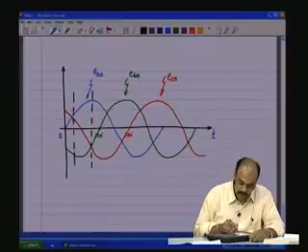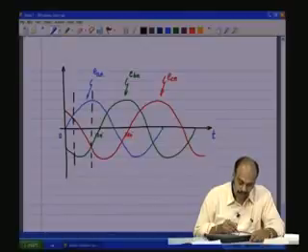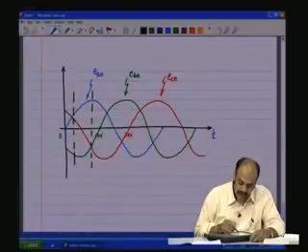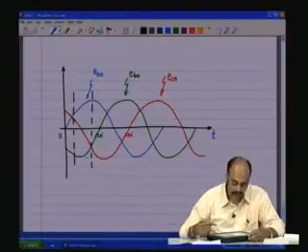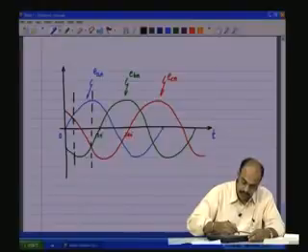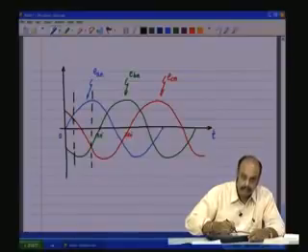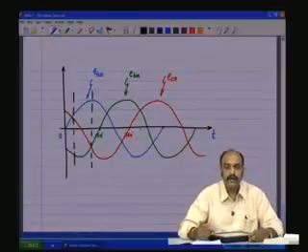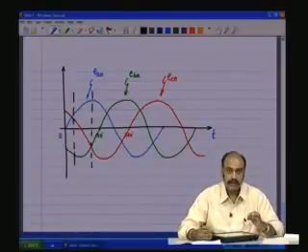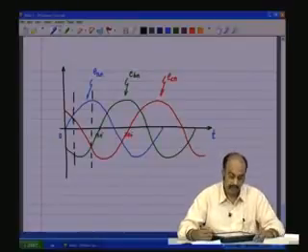and you will see that at any section the sum will be equal to 0. Let us say at this point, this is having a value which is half. So, the red one, which is the ECN, is having half, let us say normalized value. Green one is minus half. So, minus half plus minus half is minus 1. This is 100% peak. So, they both cancel and becomes 0. Likewise, let us say at this point it is plus half and plus half, blue is plus half, green is plus half, red is minus 1, gets cancelled, becomes 0. Likewise, at every point you will see that the addition of all these three becomes 0,